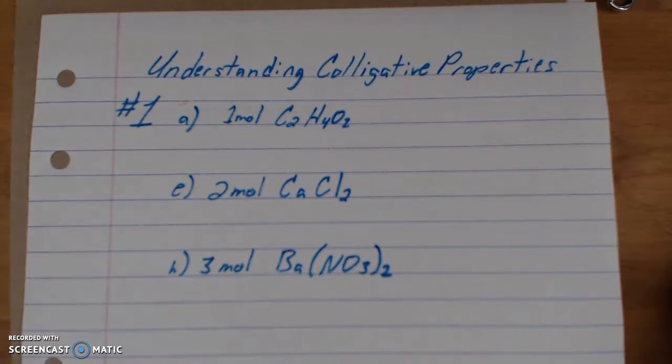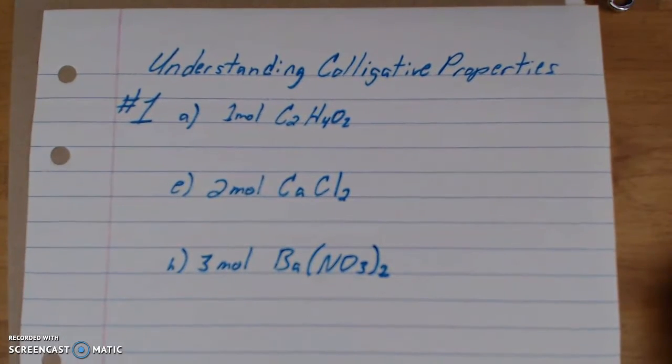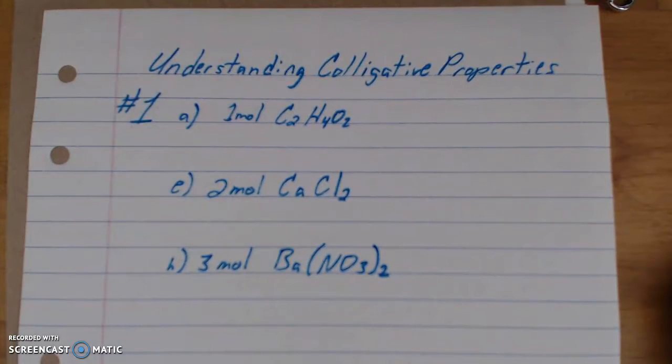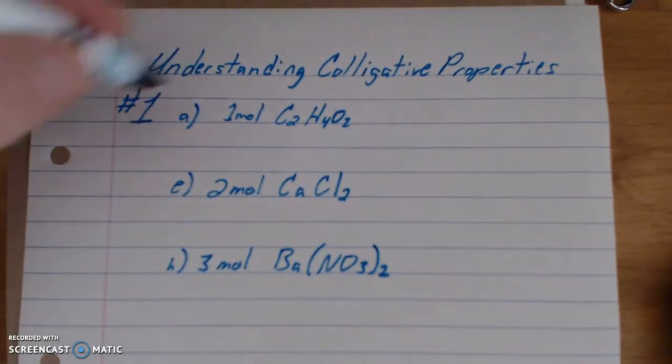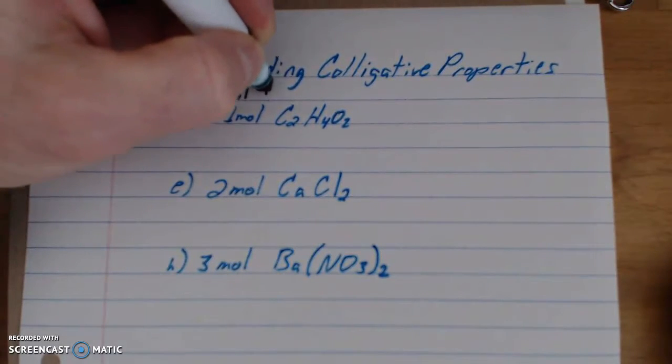Okay, so there have been several questions coming in about the colligative properties homework. So I'm going to run you through 3 examples. This is for number 1. Number 1 and number 2 kind of work the exact same way, except for number 1, we are doing boiling point elevation. So that means that 1 mole is going to increase the boiling point by